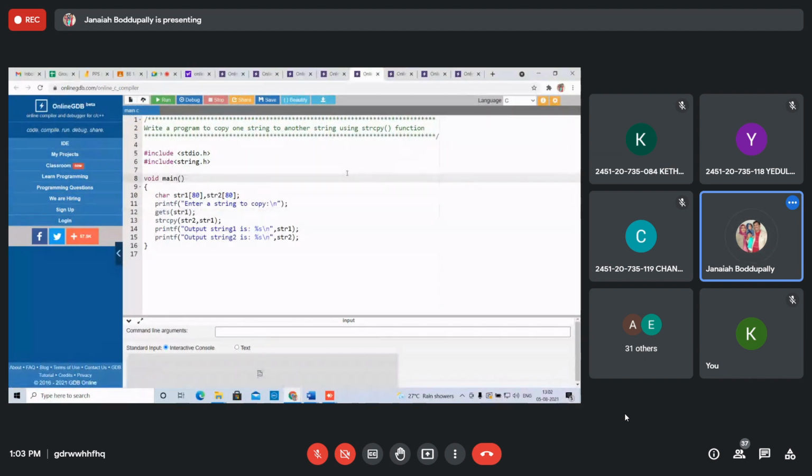Next, the string copy. Once again, one more example. String 1, string 2. I will take S2 simply.